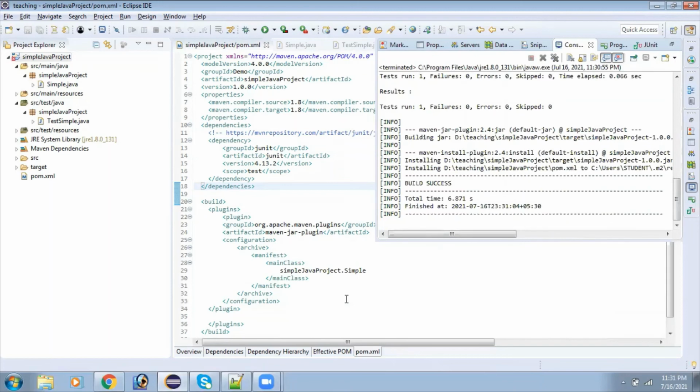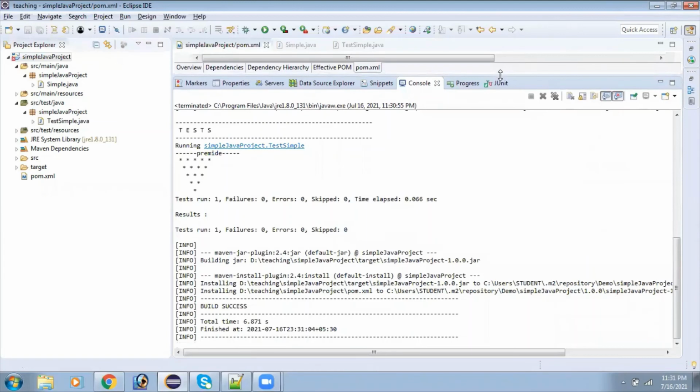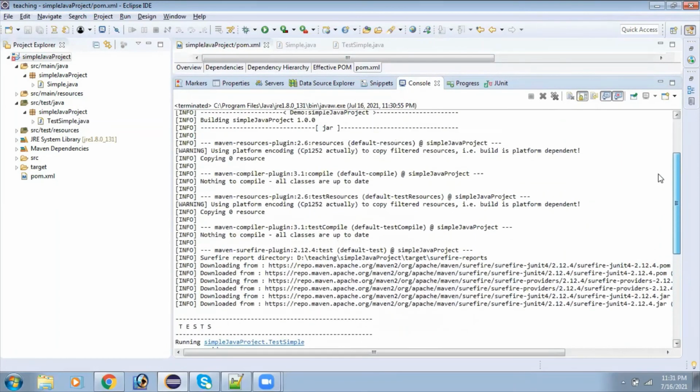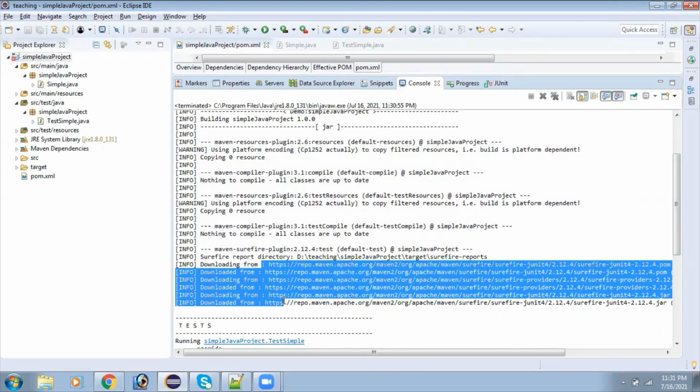So, as I told earlier, Maven needs internet while we are running or building the project. The reason, see, here it downloads the dependencies. Do you see this? All these are dependencies. It is downloading from the repository. It is a remote repository, it downloads from there. Whatever we have given in the dependencies, all those jars will be downloaded.